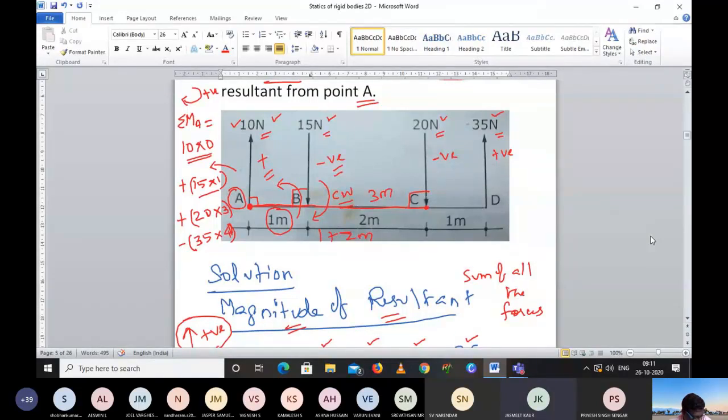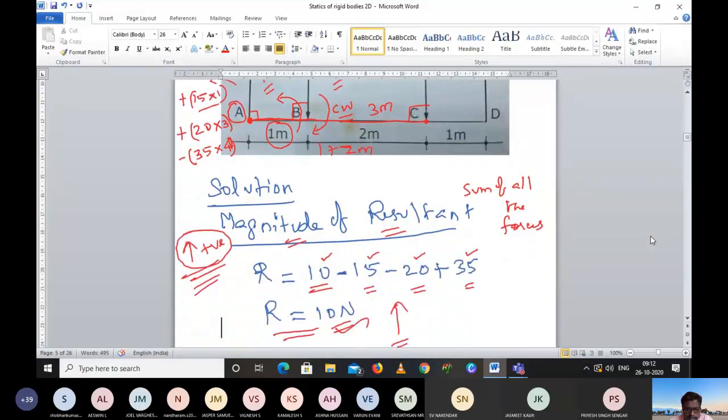So the assumptions are different for the resultant and for the moment. Are we clear now? Yes, sir. Moment is more related to rotating, how it is bending or rotating, so we deal with only that. But in the resultant, we consider whether it is an upward force or a downward force. That's all. Very good question, actually.